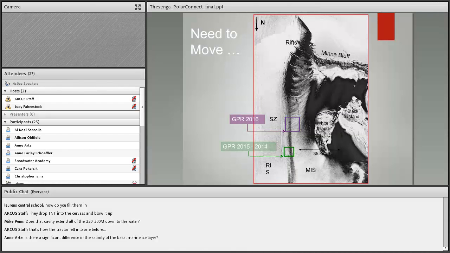This is showing that last year's GPR survey was done in the green box. So this is around the shear zone. It's near our base. This year we decided to move further south to the purple box. Again, your orientation is flipped. But we're trying to get closer to the rifts that are happening around Mina Bluff. We're trying to determine whether or not these crevasses have anything to do with the rifting further upstream. So if we'll go to the next slide,